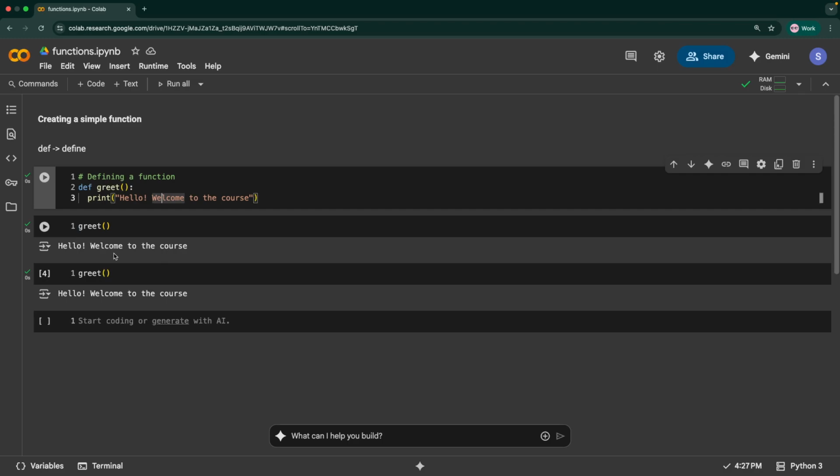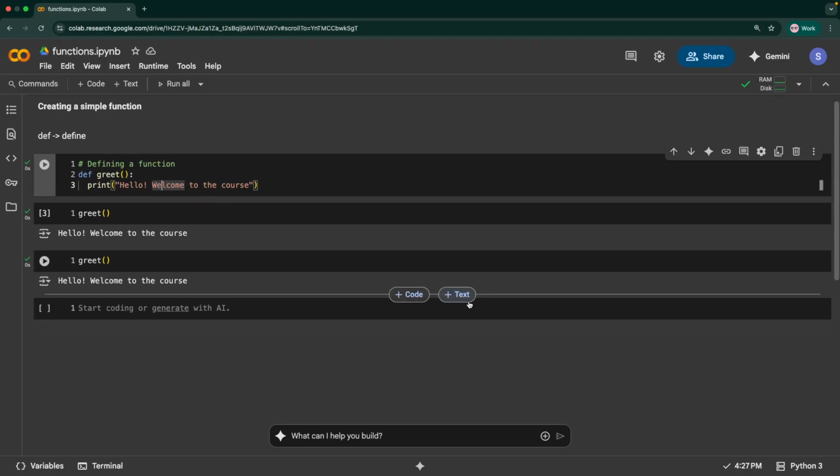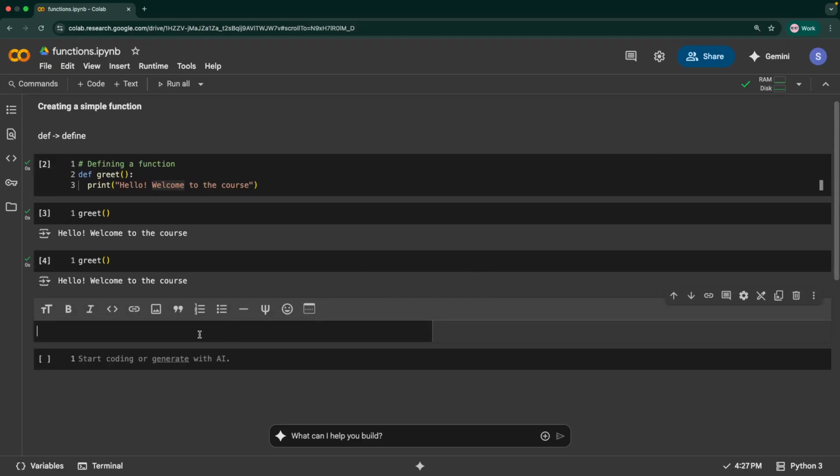In this case, we just have one line of code, right? But what if there are 100 lines of code, and you have to reuse them wherever required, not in one place but in multiple places? In that case, we define it as a function and we can just reuse it by calling that function. Okay, so that's how we can work with it. And in the next part, let's see how to create functions with parameters.